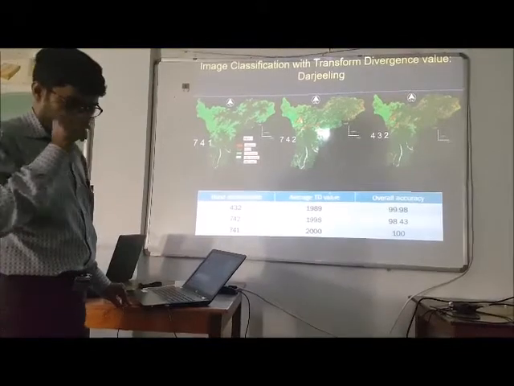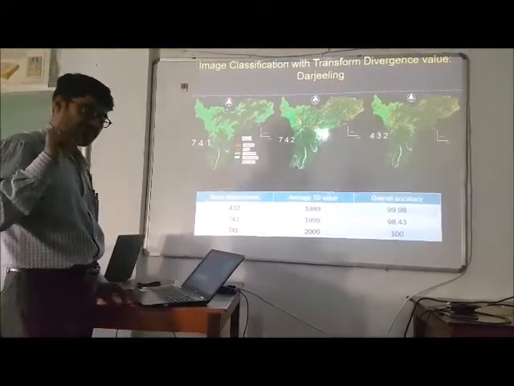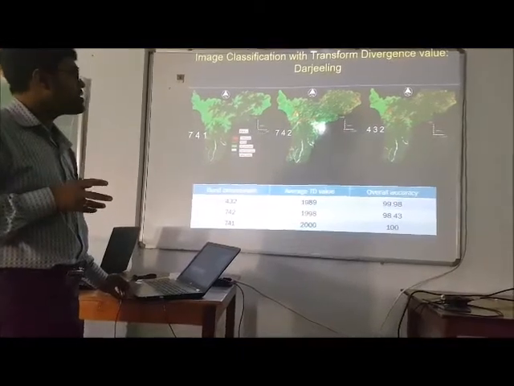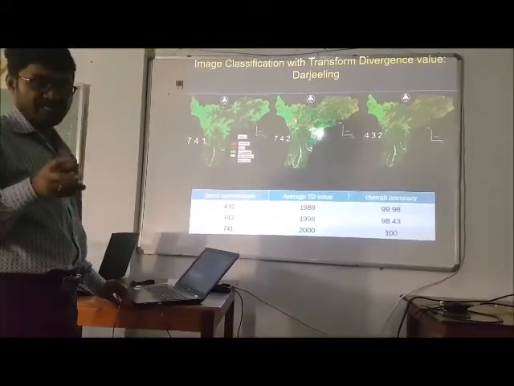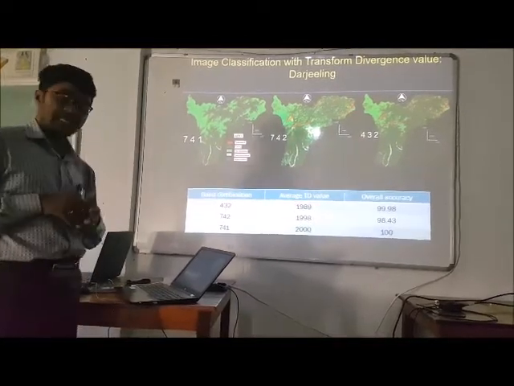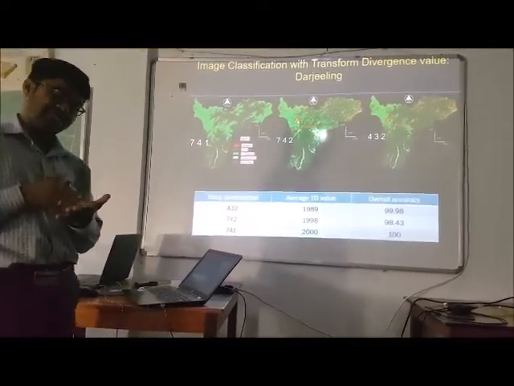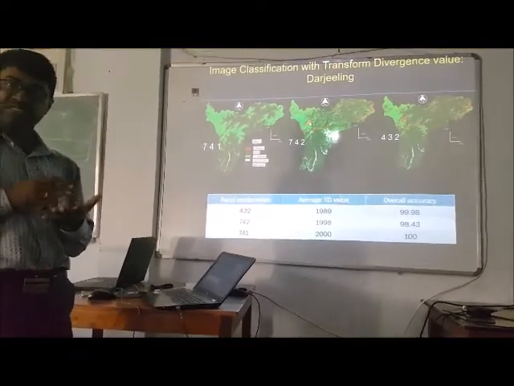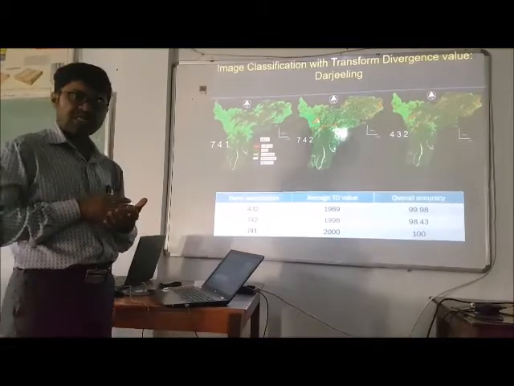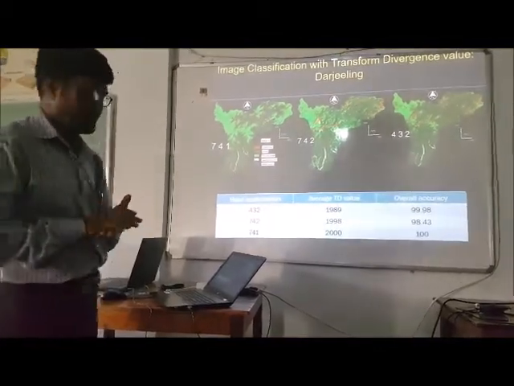For Landsat TM, ETM and OLI, Operational Land Imager, 7 bands are available. But in Landsat MSS, Multispectral Scanner, IRS P6 LISS-3, 7 bands are not available at all.